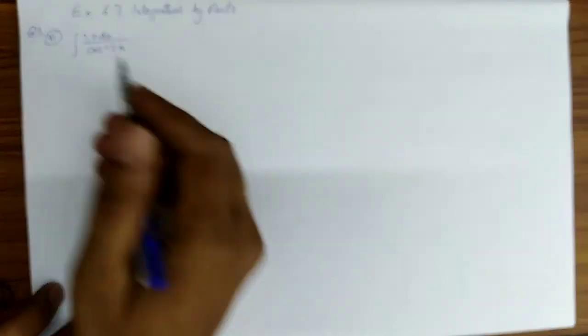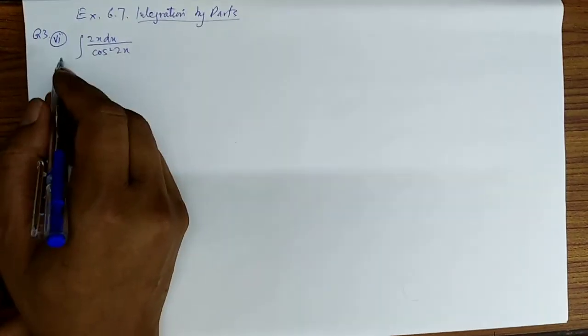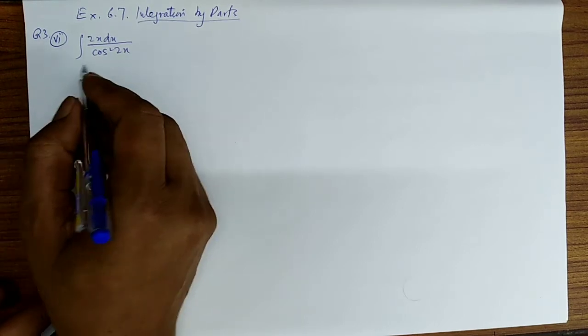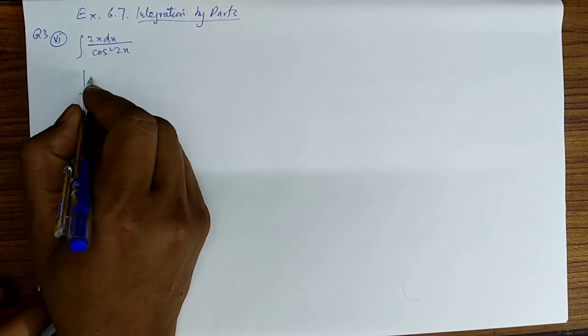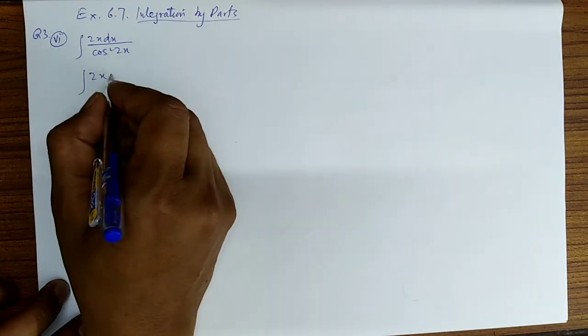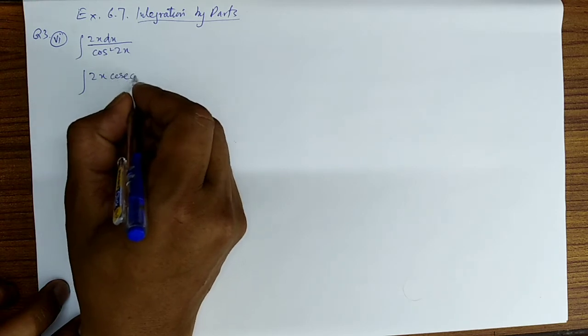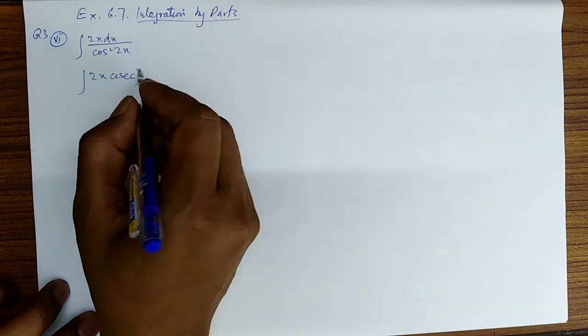Okay guys, now this is part 6, exercise 6.7, integration by parts. First of all, let's change the form of the question. 2x, if we move this cosec square into the numerator, we will get cosec square 2x